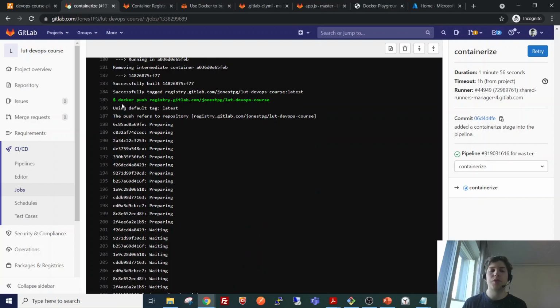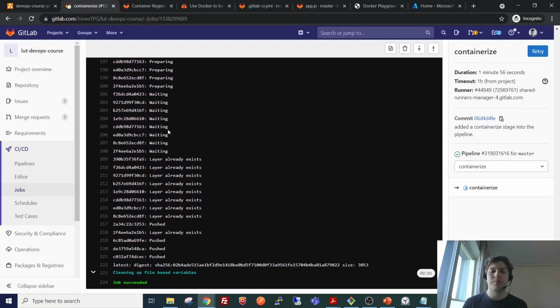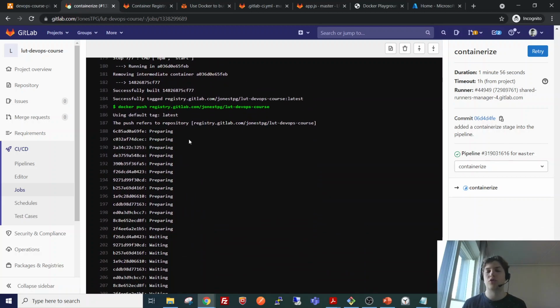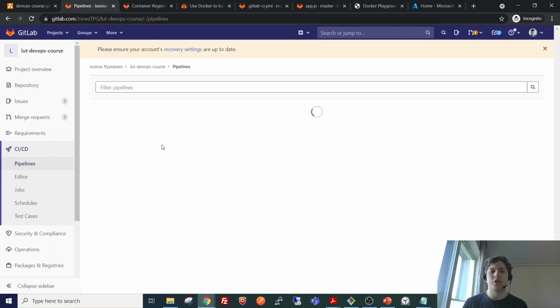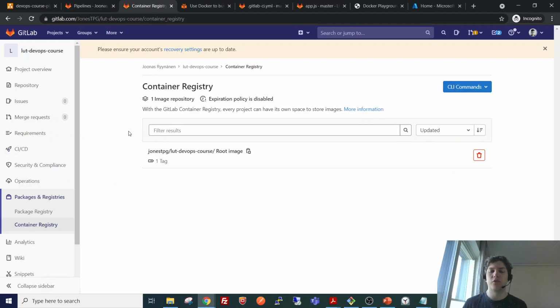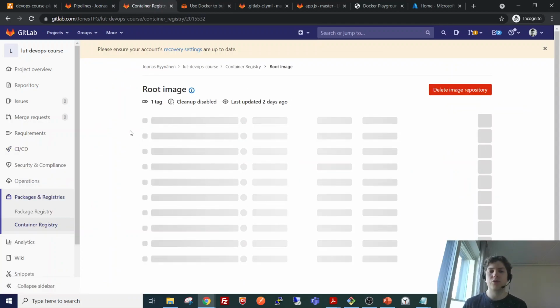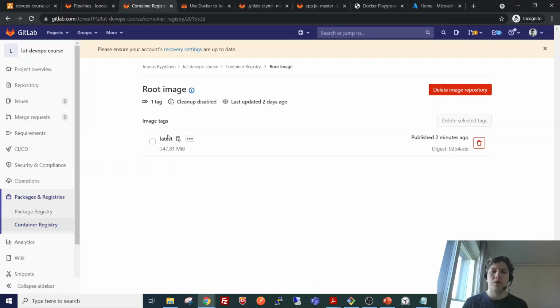And finally it has pushed the image to the container registry of this project, and it also seems to have succeeded. So our pipeline has succeeded, and we can go ahead and verify that there is a new image, and yes, published 2 minutes ago. Here is the newest version of our application that has been published by our pipeline.